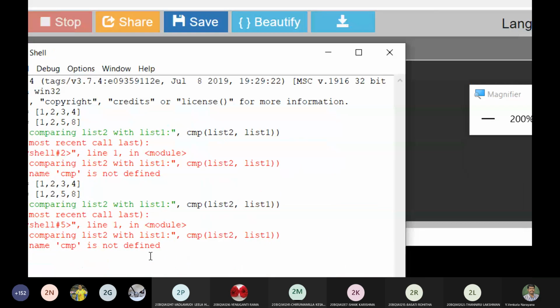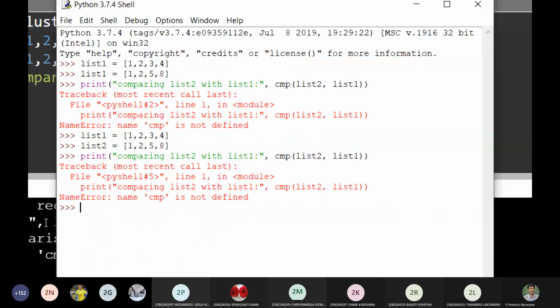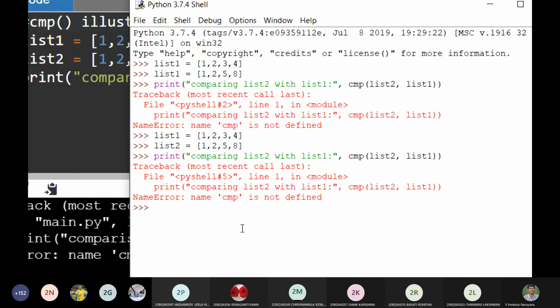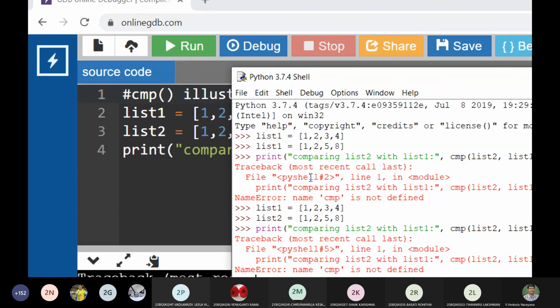CMP is not defined, it seems. I have given the same thing. Maybe it is not defined for lists.